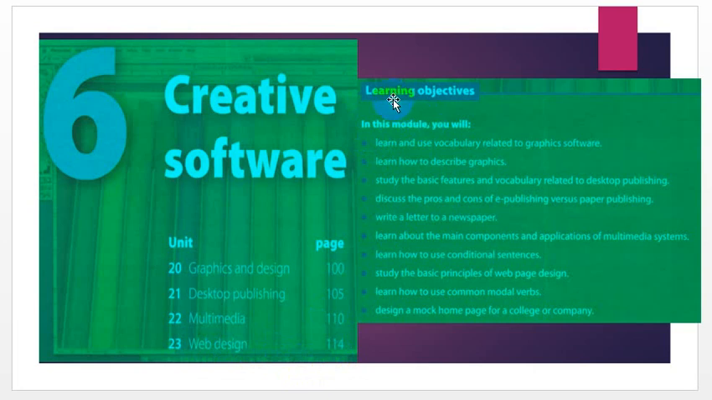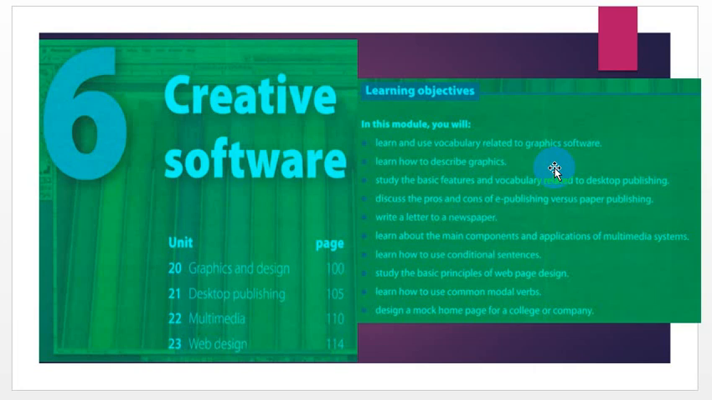What are the learning objectives of this module? In this module you will learn and use vocabulary related to graphic software, learn how to describe graphics, study the basic features and vocabulary related to desktop publishing, discuss the pros and cons, benefits and advantages and disadvantages of e-publishing versus paper publishing, write a letter to a newspaper, learn about the main components of application of multimedia systems, and